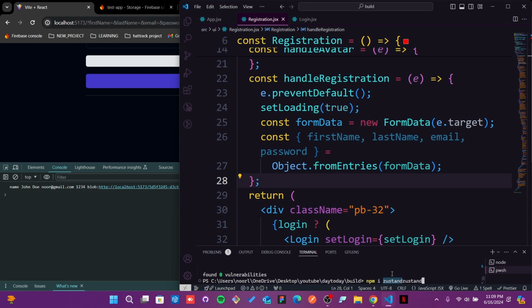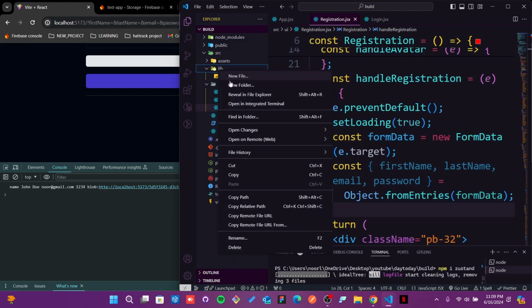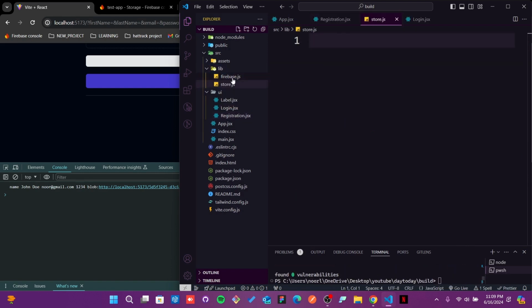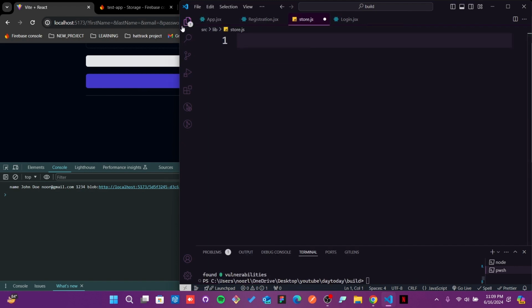I'm gonna just install Zustand, and in the leave I'm gonna take one more properties, which is going to be my store.js. Here I'm gonna keep my store, so that will be creating all the properties. So now from the store I'm gonna provide something, I need to create my store, so